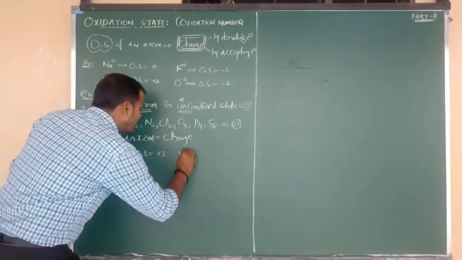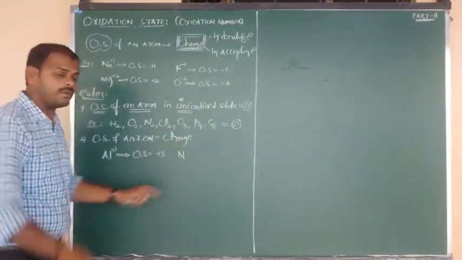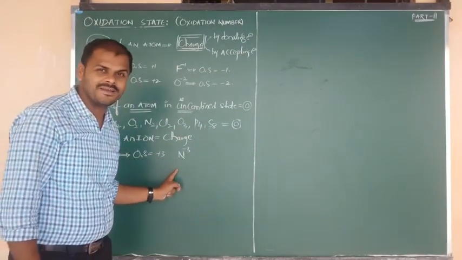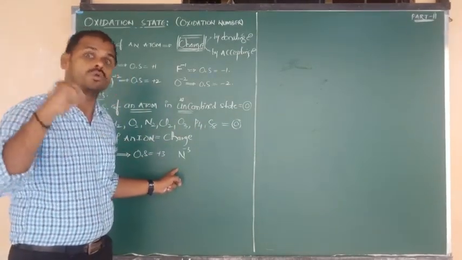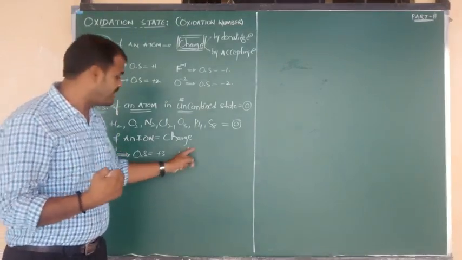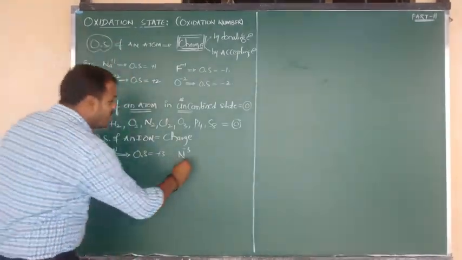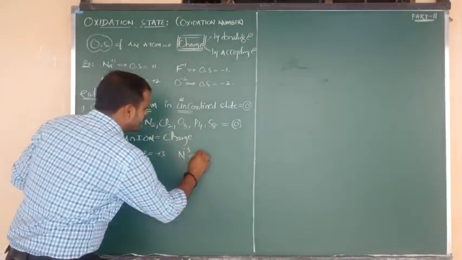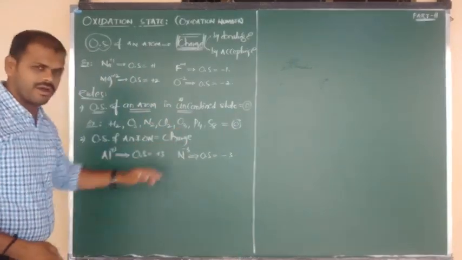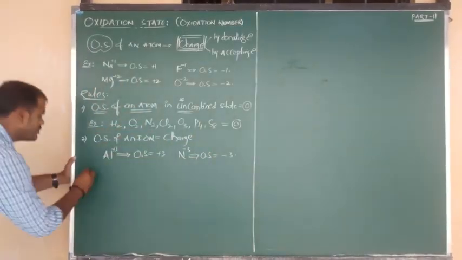Clear? Yes. One more is nitrogen. N2 charge is 0, but individually I am taking an N atom. One nitrogen atom has charge minus 3, because the atomic number of nitrogen is 7, and nitrogen also has high electronegativity. It has a tendency to gain electrons. It already has 7, and by gaining 3 electrons it becomes 10, a stable neon configuration. So nitrogen charge is minus 3, and its oxidation state is minus 3. So the charge on an ion, positive or negative, is equal to the oxidation state. I have told you this so many times up to now.